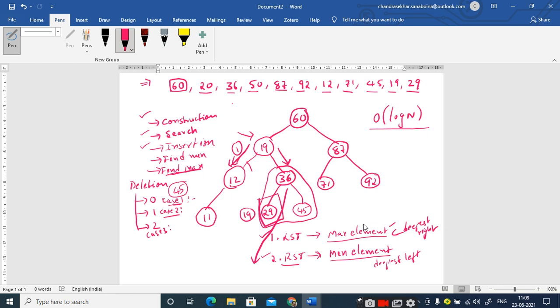Right. Now check whether the binary search tree property is satisfied or not when I replace 20 with 19. Towards the left-hand side of 19, I have 2 nodes, 11 and 12. They are less than 19, therefore the first property is satisfied. And coming to the right part of this 19, the elements present are 36, 29 and 45. They are greater than 19. It is satisfied, right? See, unless you satisfy the properties of the binary search tree, you can't perform the operations. Is it clear up to this point?